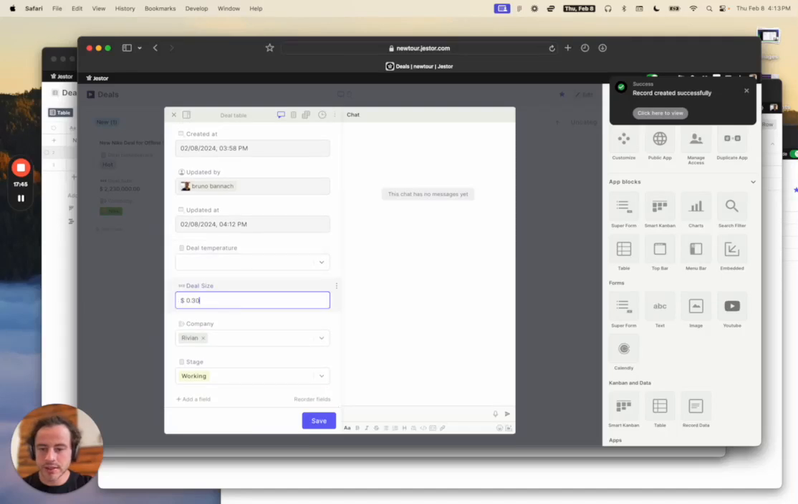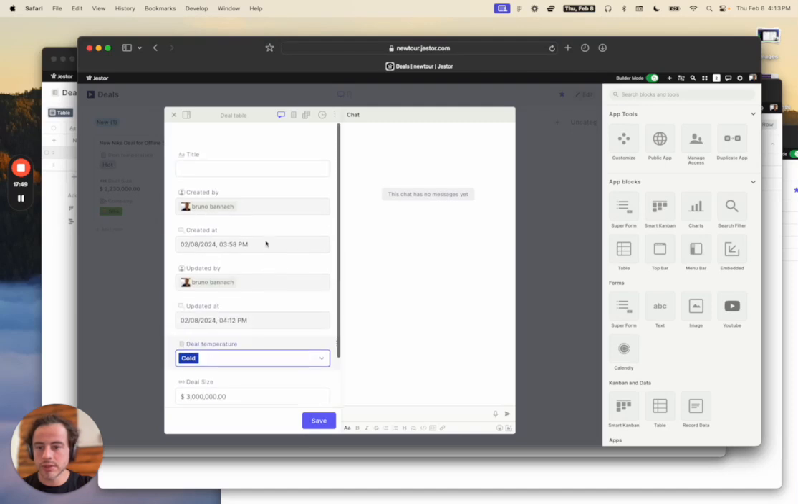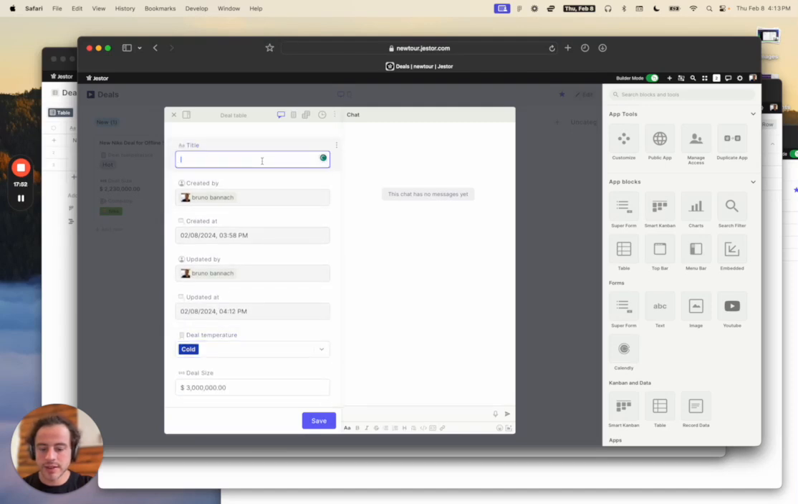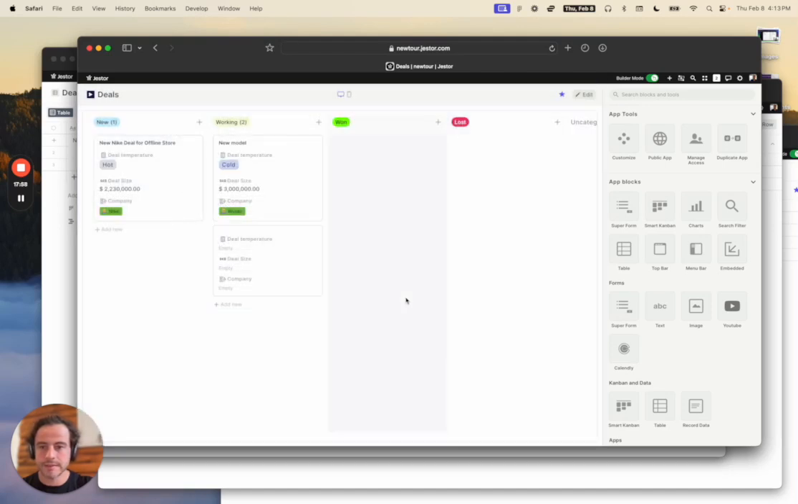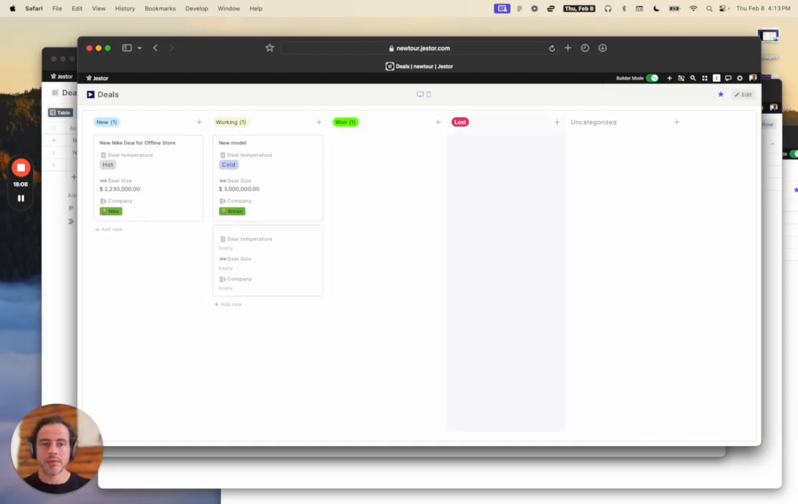And the deal size is 3 million. It's a cold one. It's a new model. Save. And then you can change colors here. You can change also the information that you have inside each card. But most importantly, it's